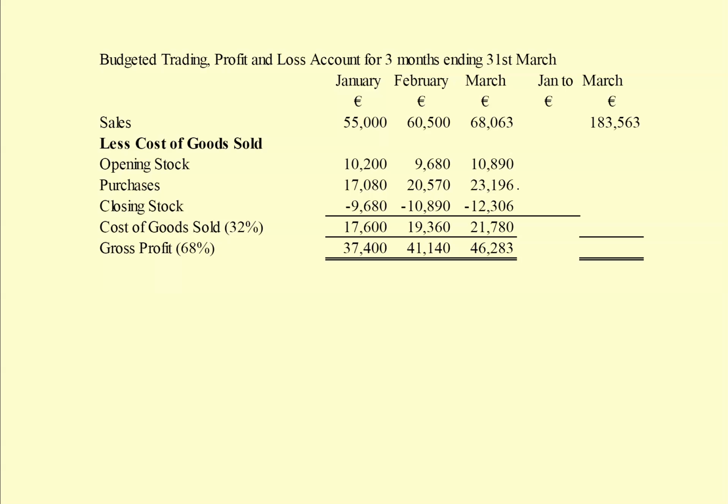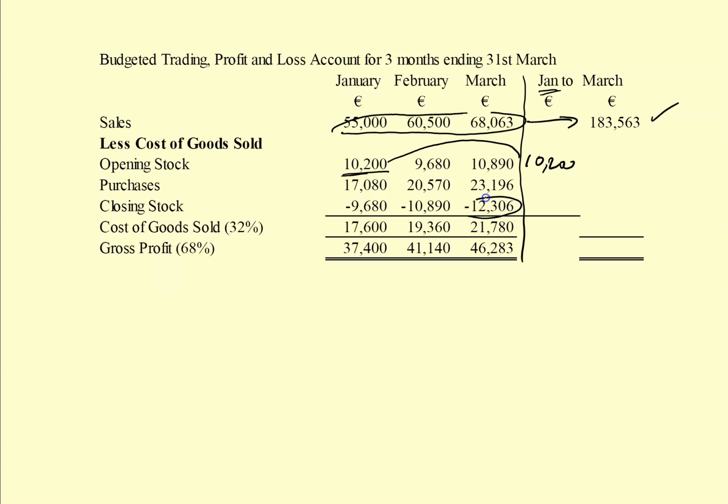Now, just to finish off the trading account, I need to do the trading account for the 3 months January to March. I have the sales figure there. That is these 3 sales figures added together. It gives the total sales. The opening stock is a point in time. The opening stock is the stock on the 1st of January. So it's that figure there, 10,200. The closing stock is the stock on the 31st of March. So that's